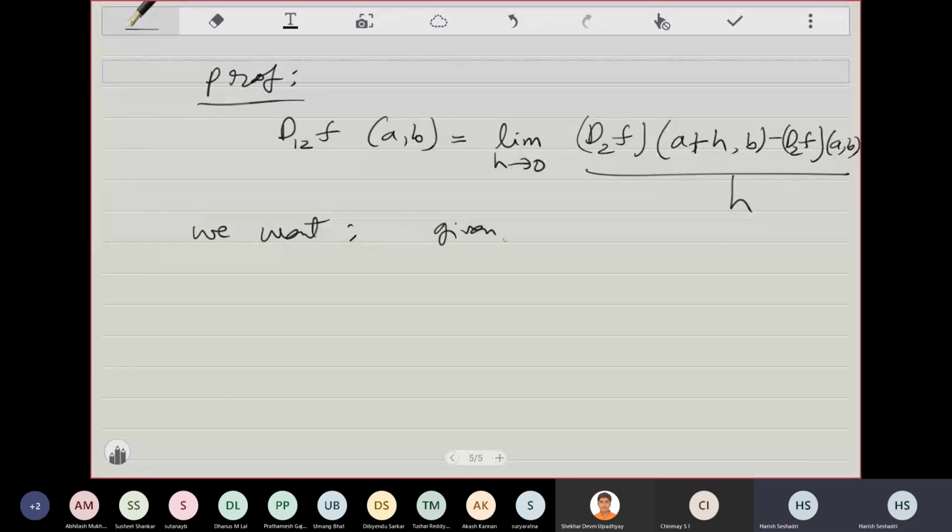given epsilon greater than 0, there exists delta greater than 0 such that this limit, h going to 0,